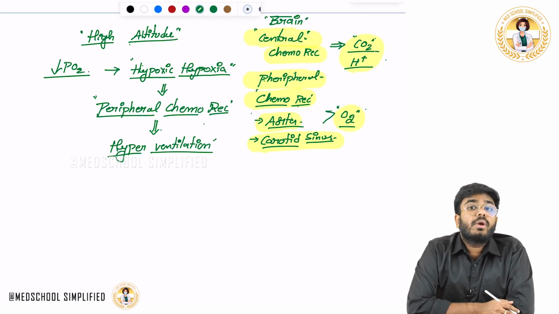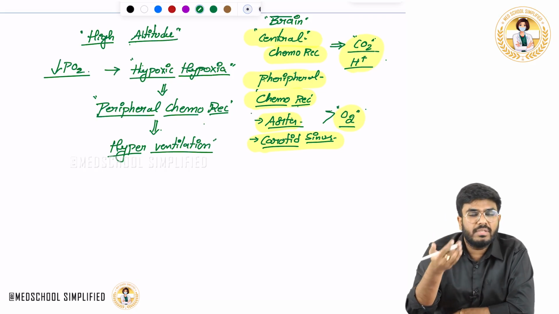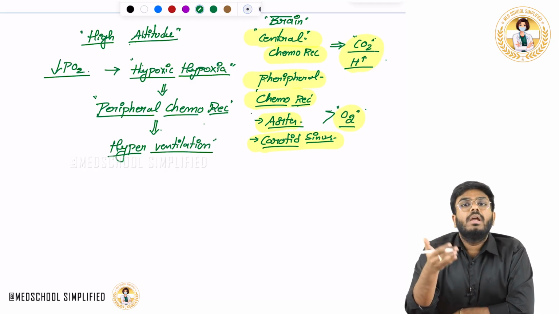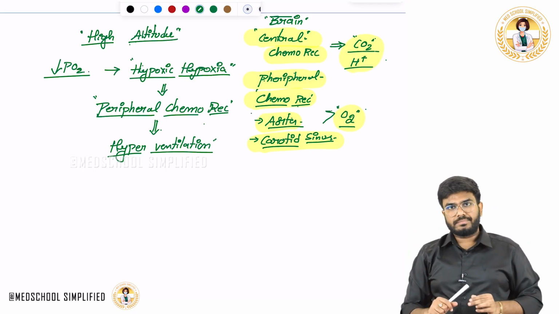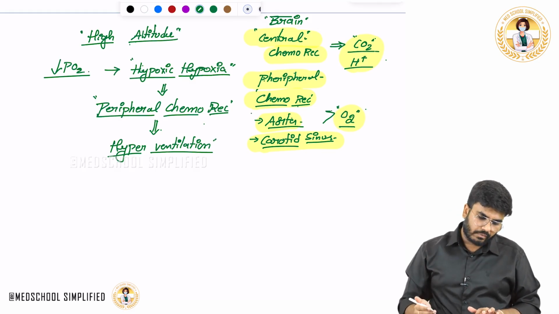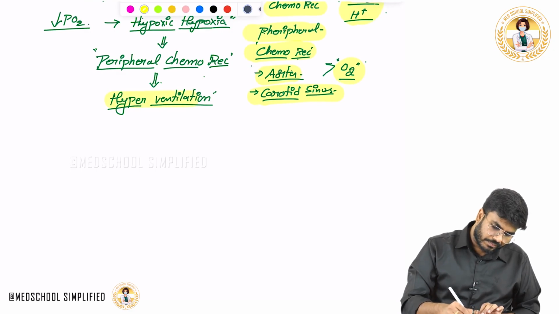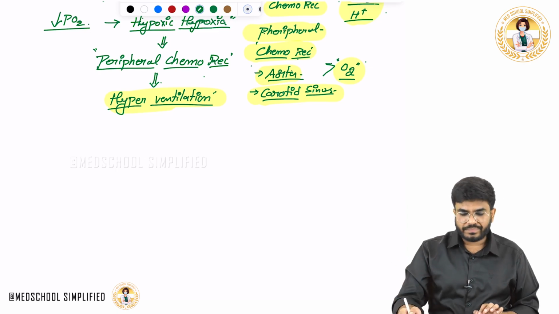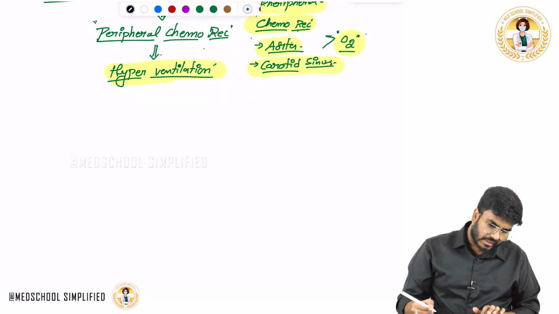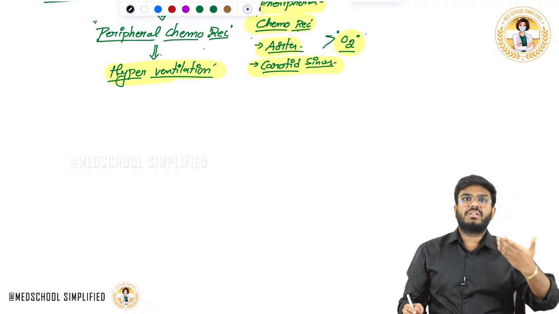It means you will breathe more number of times and with more depth. The depth as well as the frequency are both increasing. You will breathe more number of times to get enough oxygen, to catch more new oxygen from the environment. So there will be hyperventilation. Initially the person is breathing more number of times. But the problem with this hyperventilation is, when you are doing inspiration, expiration, inspiration, expiration,